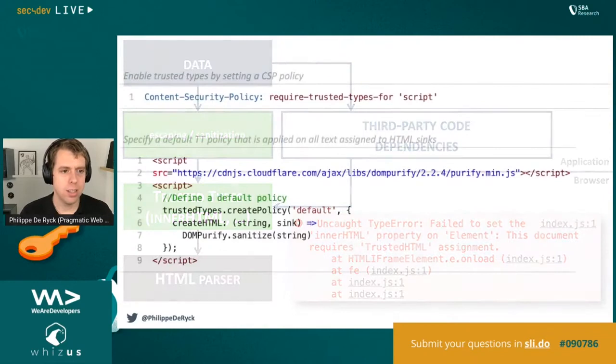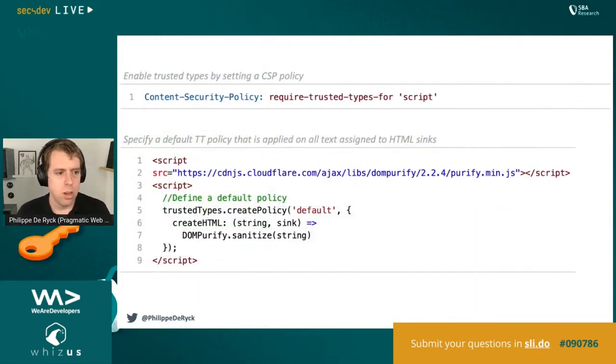And that code looks like this. You define a policy at the bottom. The Trusted Types API in the browser allows you to do createPolicy on line 5. And you call that policy default. That's a reserved name, default, which means if nothing else applies and you have text that's being assigned to a sink, just call this createHTML function. It will take text as input and will output a trusted HTML type